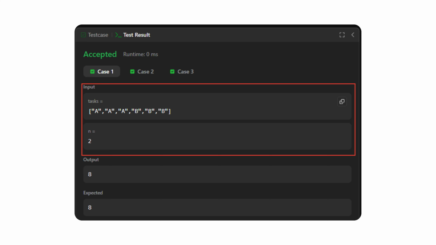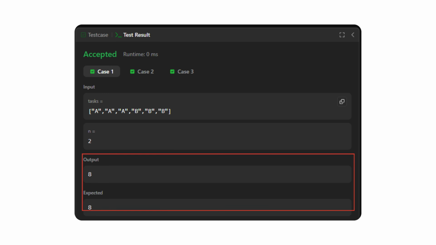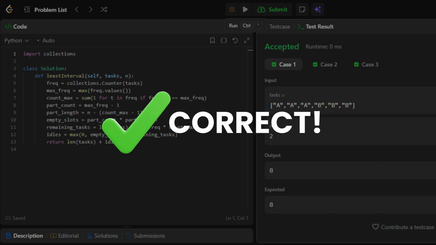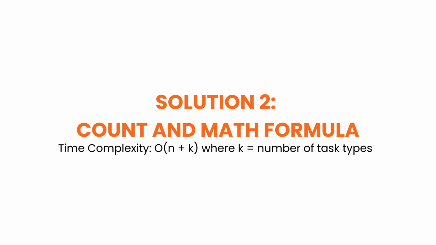All 3 B's are also spaced by at least 2 units. Total time slots equals 8. The computed timeline length matches the expected answer, so the heap-based simulation is working correctly. Now let's implement the counting approach, using frequency analysis and a direct formula to compute the minimum required intervals without